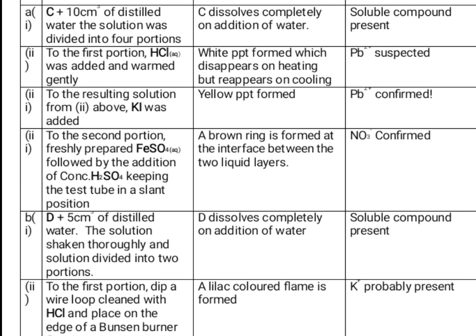Now the next stage is the one that will be carried out with sample D. Sample D is another compound, another salt. You'll be asked to add 5 cm cube of distilled water to it. It is also a soluble salt, so it will dissolve completely on addition of water, and your inference will be soluble compound present. The resulting solution from that will be divided into 2 portions, and then to the first portion you will be asked to add